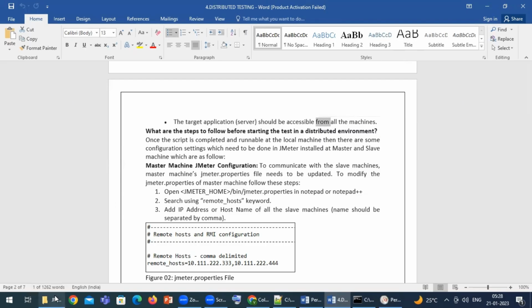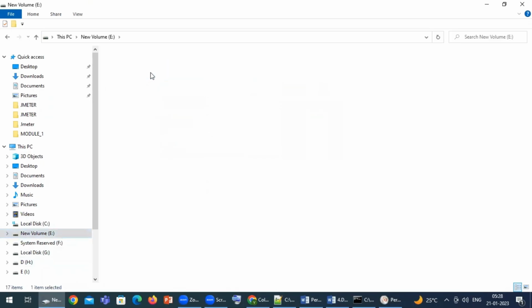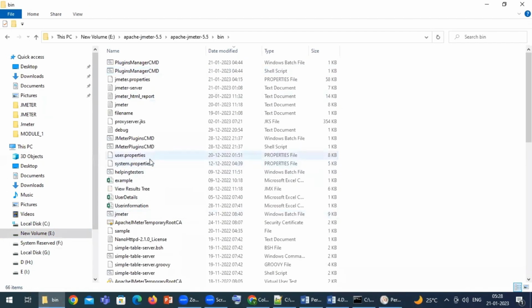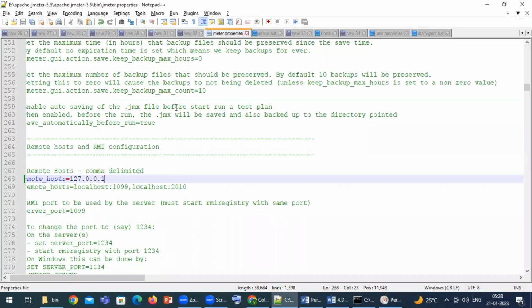So how to set up the master slave configuration? Go to the JMeter installed location, go to bin, and click on the jmeter.properties file, right click on it and edit with Notepad++.